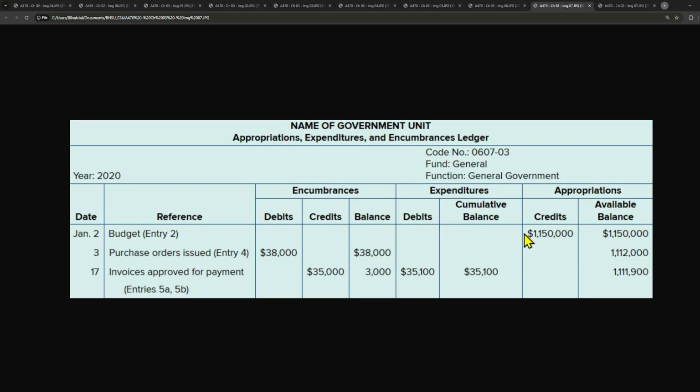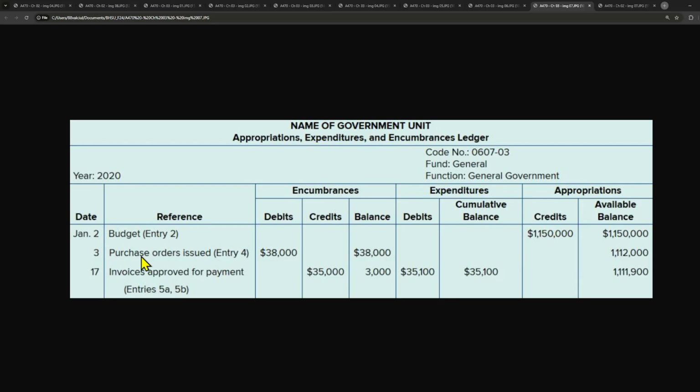And so what I'm going to be doing is entering in expenditures as they are realized, as we actually have expenditures, and match them off against appropriations. And the available balance is going to say, I have appropriated this amount. This is how much I have left to spend on this particular governmental unit. So the first line is just to set aside, this is how much I've appropriated. Now, you will see that the next time that something comes in is a purchase order. The purchase order is there to say,